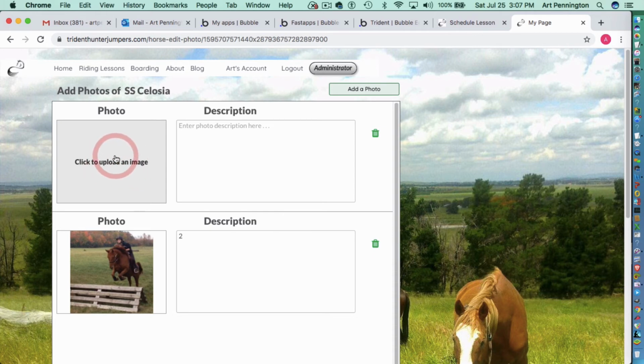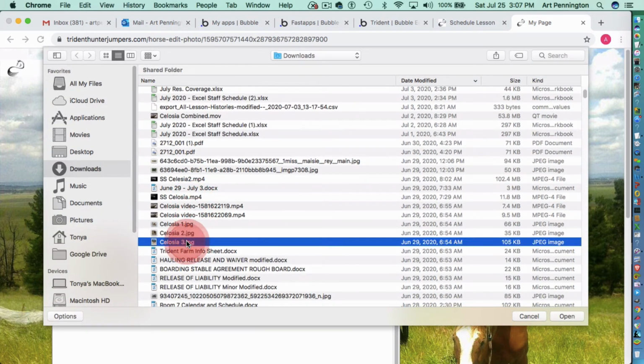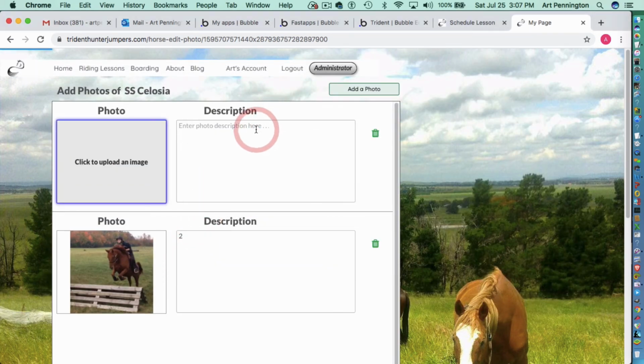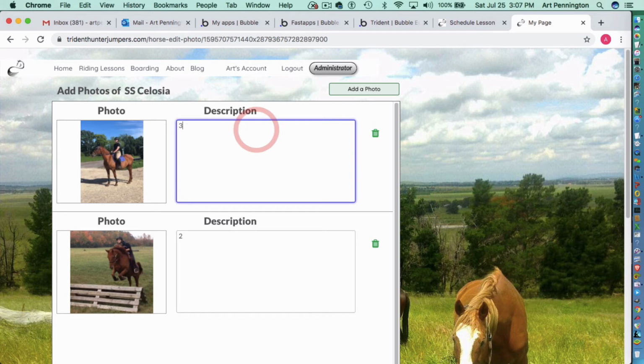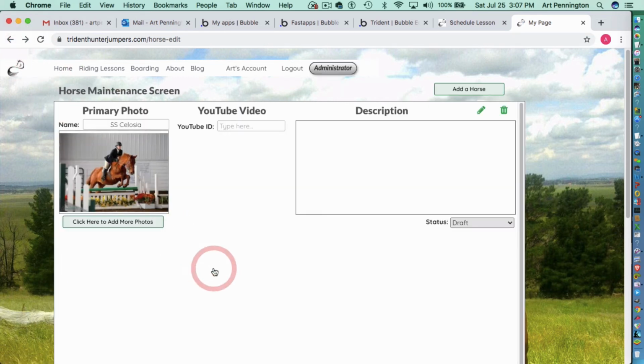It always adds the empty one to the top, and we'll select the third image for this one with a kind of descriptor you want. That's what this descriptor will be displayed below the image when it's viewed using the public-facing screen. Okay, so that's the additional images we've loaded. Now we go back, use the back button to go back to the previous screen, and we can finish the